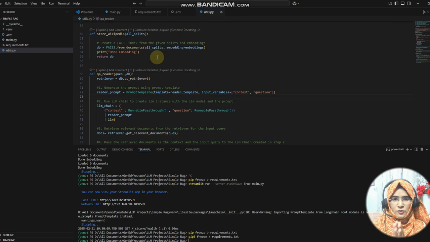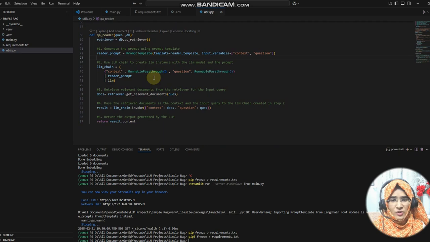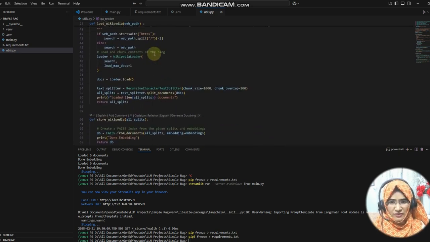If I summarize it, what we are doing is, we have the Wikipedia content, we are loading that, and then we are splitting it into chunks, and then we are converting it into an embedding, and that embedding is saved into the vector database. Afterwards, when a question is asked, we are getting the particular content related to that question from the document, and we are passing that document into the prompt, and that prompt is passed into the LLM, and the LLM is generating the answer. So this is the whole scenario that we actually worked on, right? So yeah, that's all about the RAG application, the things that we have done.